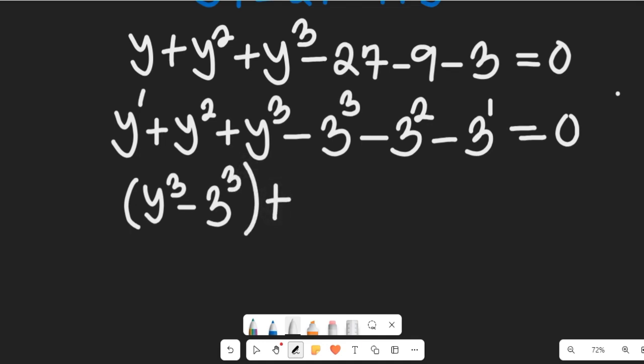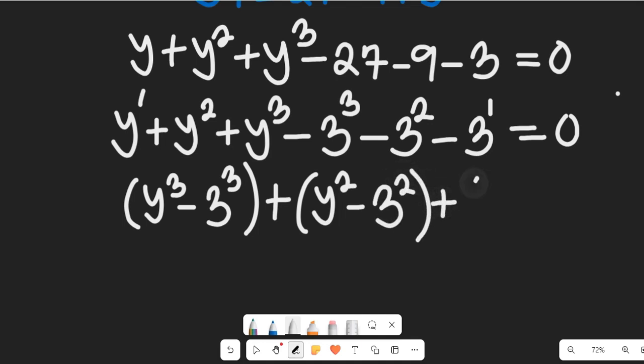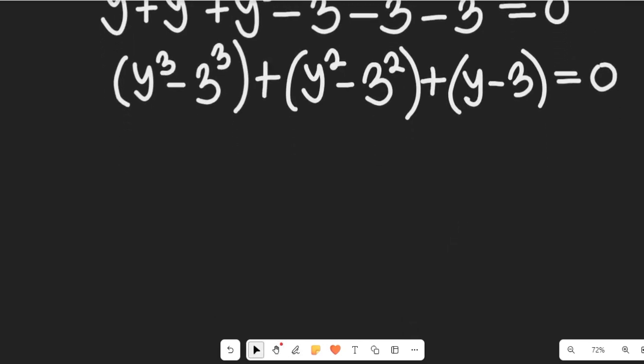This will be plus y to the power of 2 minus 3 to the power of 2, right? Plus, this will give us y minus 3, and all this will be equal to 0. So I've just done regrouping. Now with this regrouping, I can decide to use